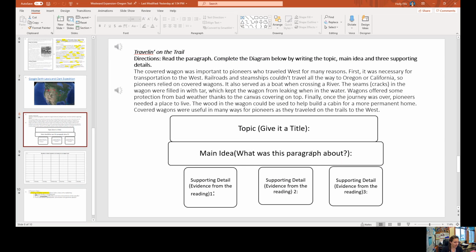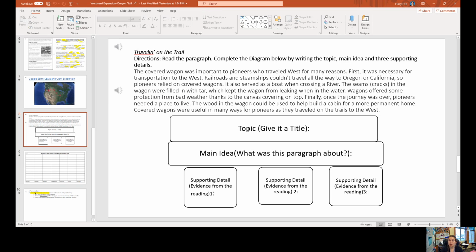Today, we are working on reading to understand. So this one, the instructions are right here. This one has the paragraph read to you. So again, when I went to the assignment in Teams, I clicked on Microsoft PowerPoint, not the online version. And so I can click on that and literally press play. I don't know if I shared volume, so I'm not sure if you could hear that, but that's me reading